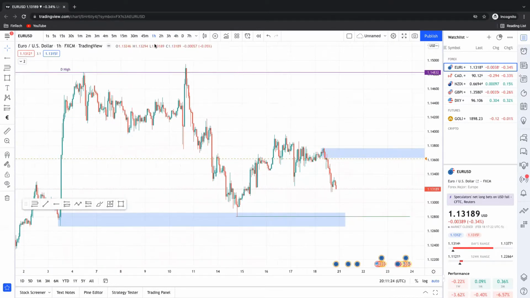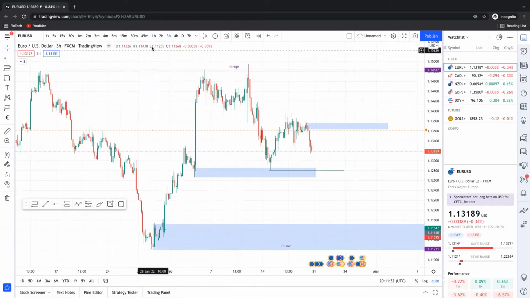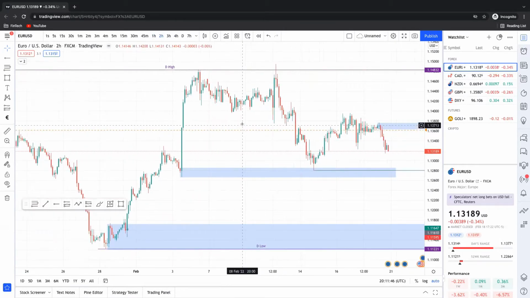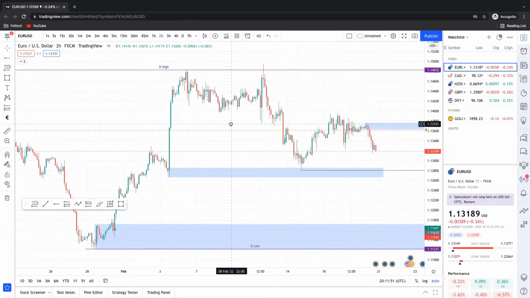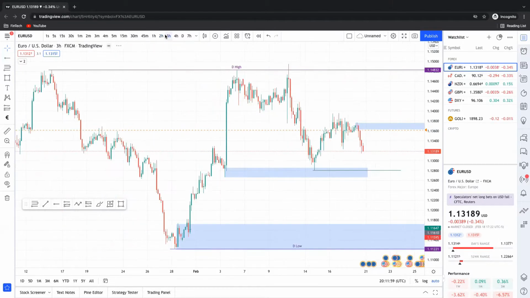So here's the thing. What I was looking at on the 1 hour, yeah, we got 1 break, 2 breaks here, and 3 breaks. If there are more than 2 breaks, I guess you need to move up the time frame. You know this procedure now, so I don't need to repeat it. If you don't know, you need to go back to the playlist, come back with a solid understanding of the strategy and then come here, otherwise it won't make sense. So let's go to the 3 hour. It makes sense here.